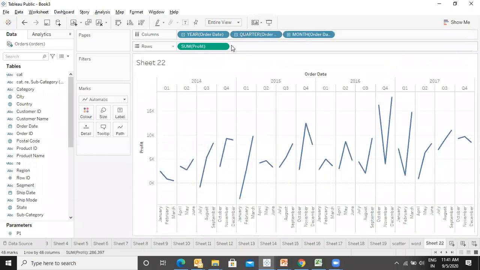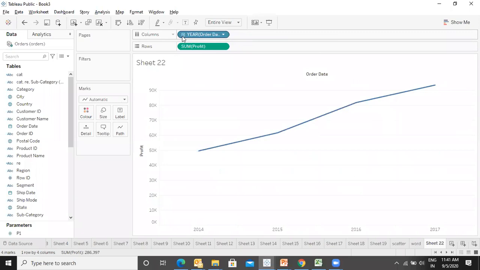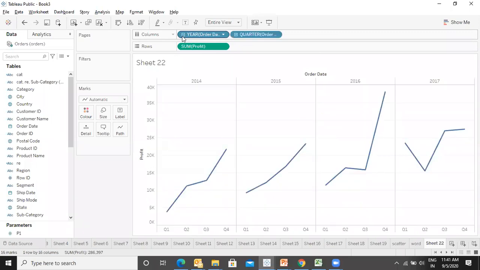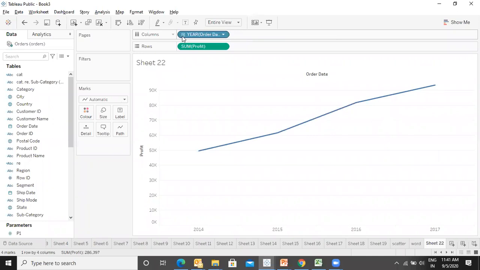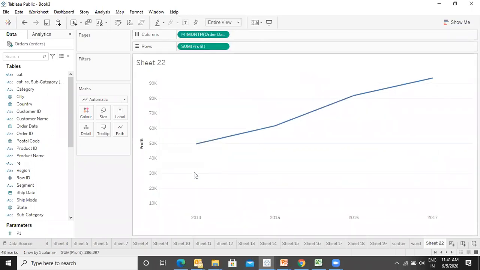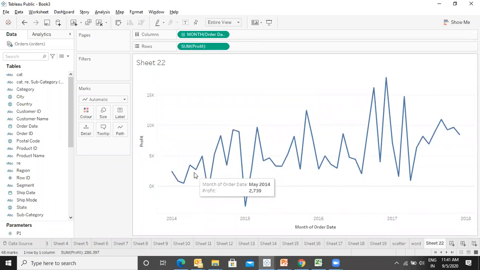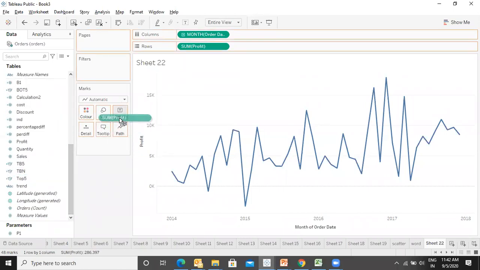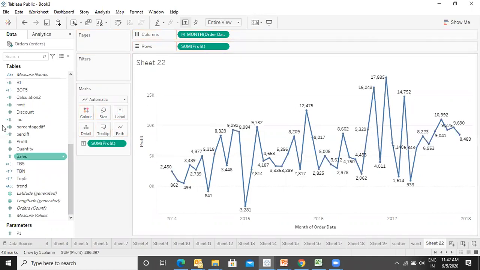So it is appearing as a broken line. So what shall be done? If I want a continuous graph, what shall I do? Tell me. Click on the drop down and choose the option of continuous from the right bottom. Second year, quarter. Yeah. So I have directly chosen the month over here. If I want to put the values, I can also put, let's take the profit, in the label. So I'm getting the profit value.